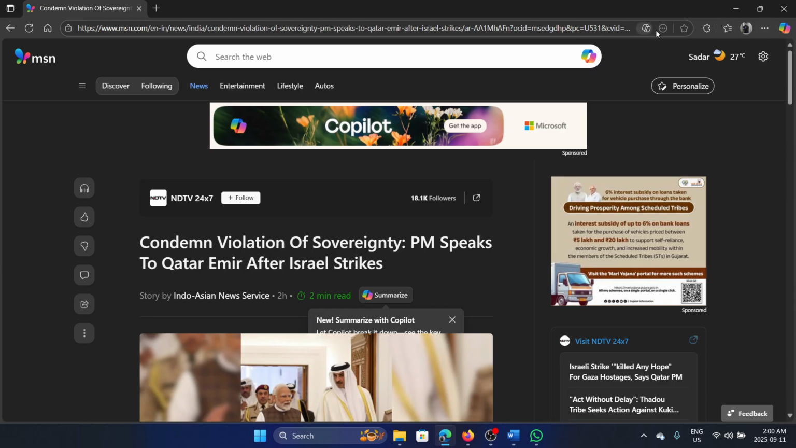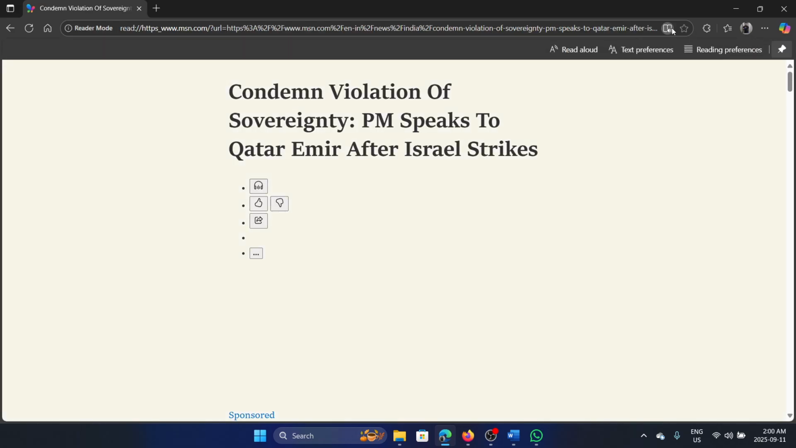And alternatively we can also use this option, these three dots here, and select it, but I prefer the shortcut